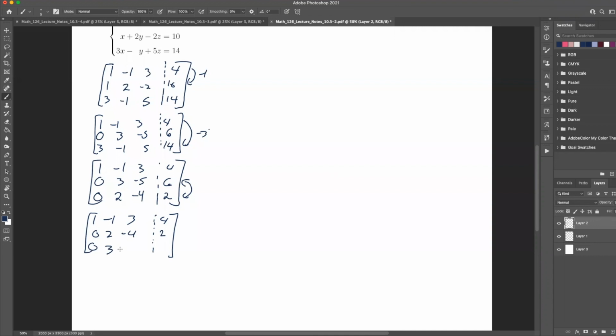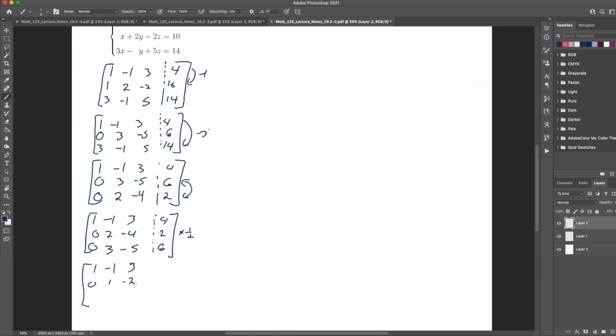So once I'm here, I can make this a 1. And this is easy to make into a 1. Why? I just multiply this row by half, right? So if I multiply that row by half, I'll have 1, negative 1, 3, 0, 1. Let's